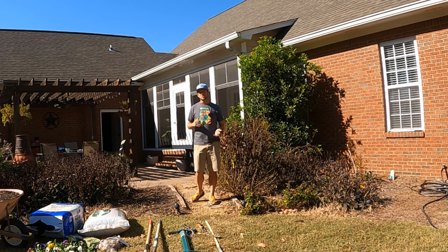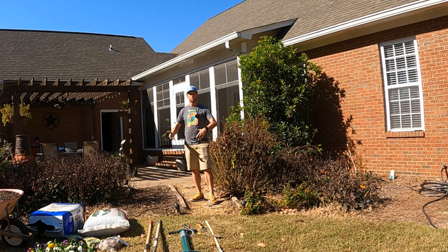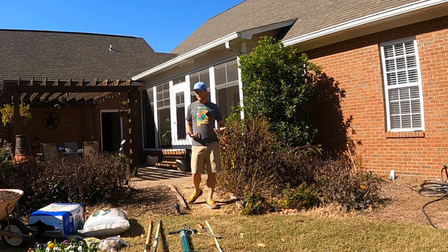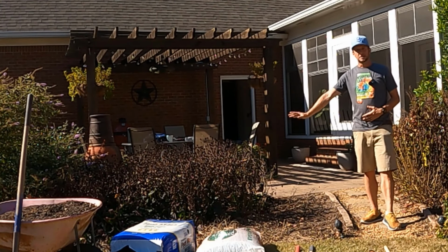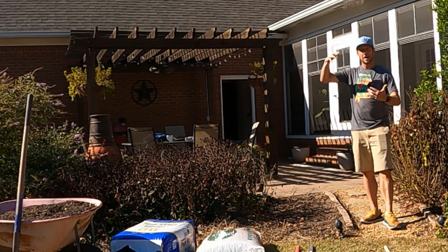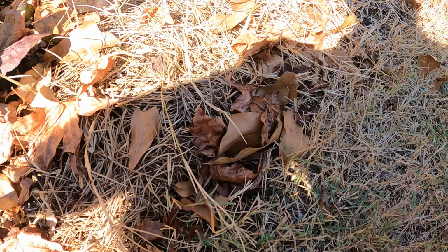If you've been following the channel here, you know what I like to do with this perennial garden here. It's very much a cottage style garden. It's let things grow, weep over, grow into each other, over the top of each other. Now's the time to start cleaning some of that up a little bit. So what I'm going to do is go through and deadhead some of these black-eyed Susans. We're not going to cut off the foliage of the black-eyed Susans. We still want the light to come through and hope photosynthesis and collecting sugars and all that good stuff can